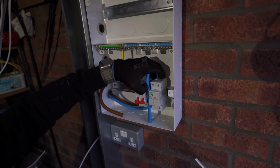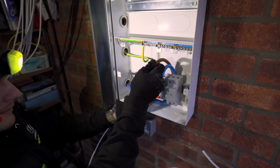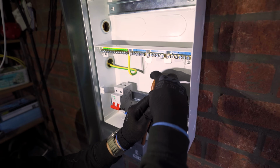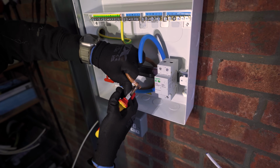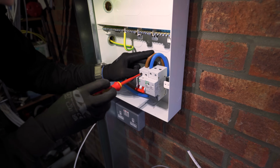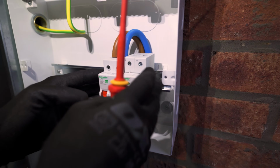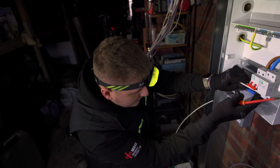Lovely, like that about there. And we just want to get these running about the same. That's our mains in, and that's our main switch fitted. Now, I've already got to chop this down